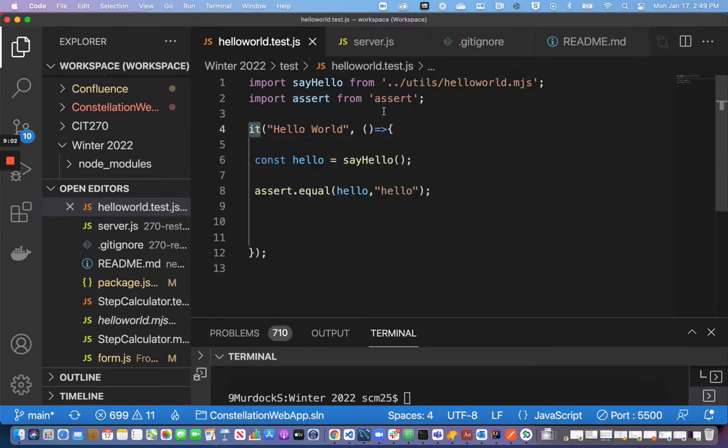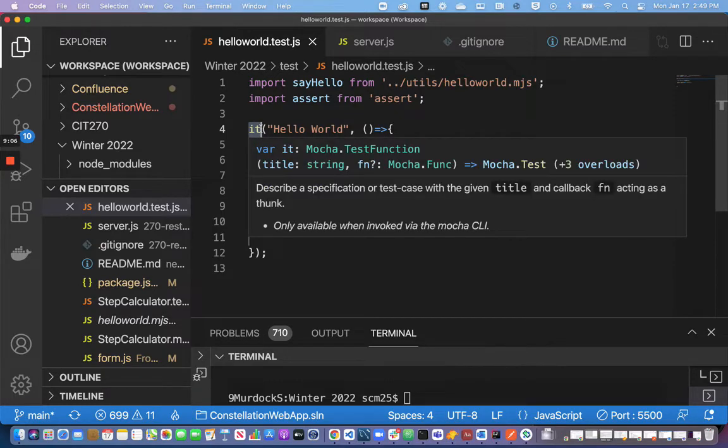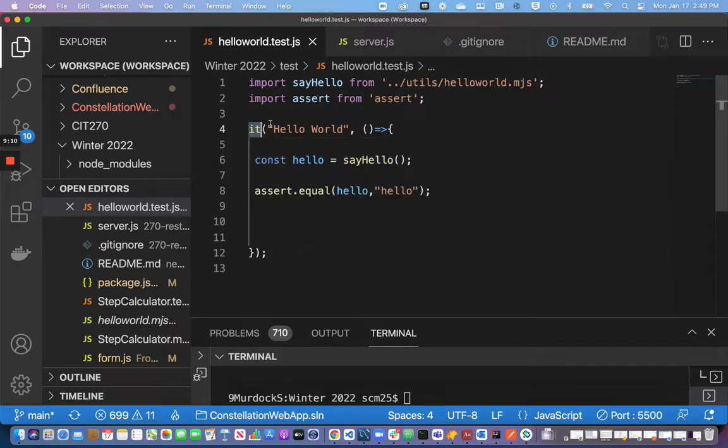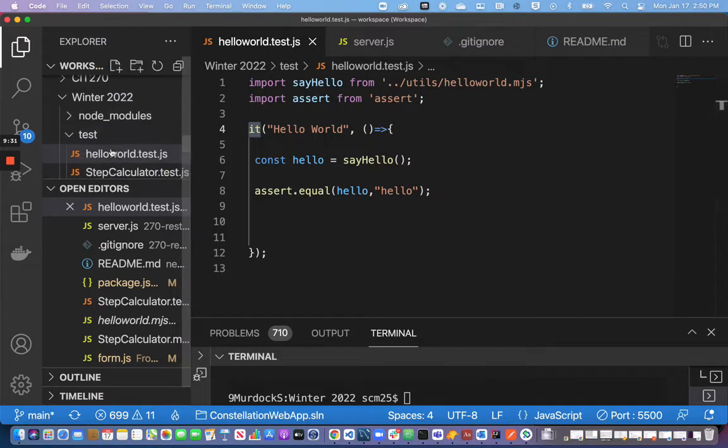The way these work is a little different than most scripts. I have these built-in functions now. It's a built-in function, in this case called it, and you'll notice I didn't import it, but the reason this works, and it would not normally work if I was just using plain JavaScript, the reason it works is I'm going to execute mocha, which means I am actually not running Node directly. So you'll see that if I go to my